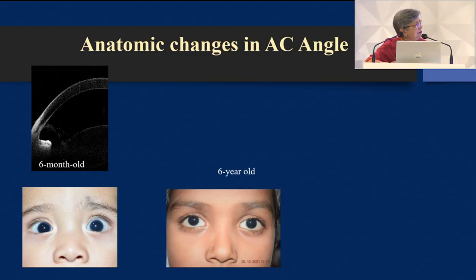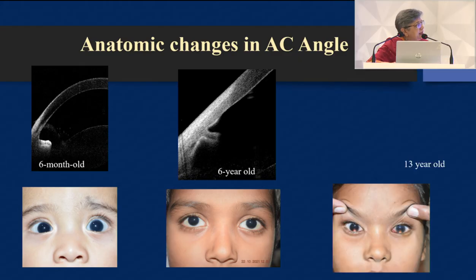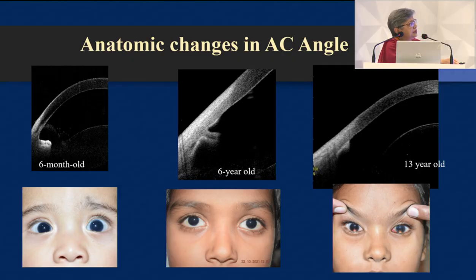but then still there is some angle. This is a 6-year-old girl, and if you see, this iris stump is smaller and it's already getting on to wherever the trabecular meshwork should have been. Now this boy doesn't have glaucoma yet, this girl has glaucoma, but by the time this is a 13-year-old girl, and you can see the fundus shadows in this,